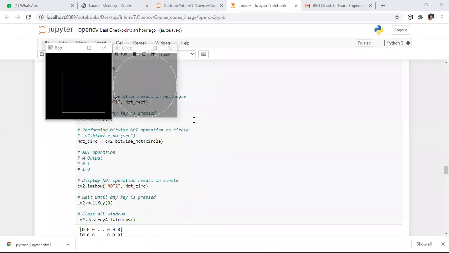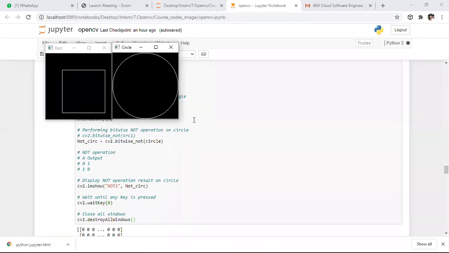After this, I am clicking on the enter button. So whenever you click on enter, with the same thing, this entire frame size will be 200 cross 200. Coming to this one also, this entire frame size will be 200 cross 200. So here we specified the dimensionality of this square box as well as the dimensionality of this circle. After plotting these two things, I performed AND operation between them.